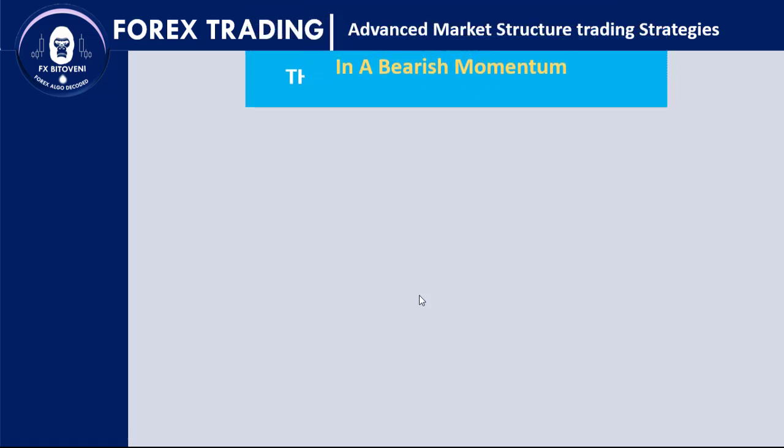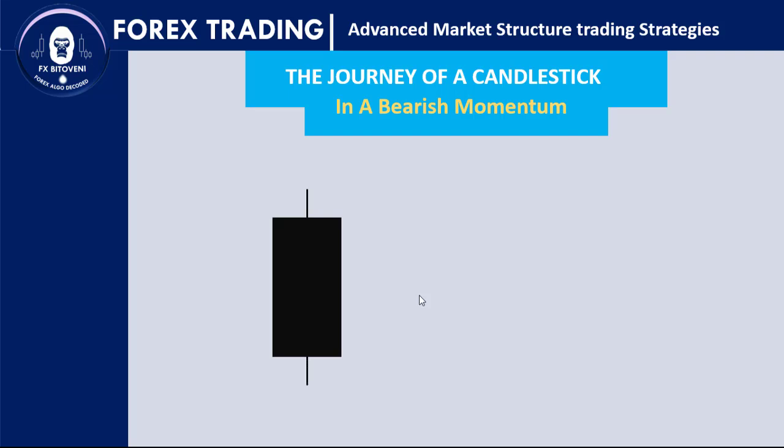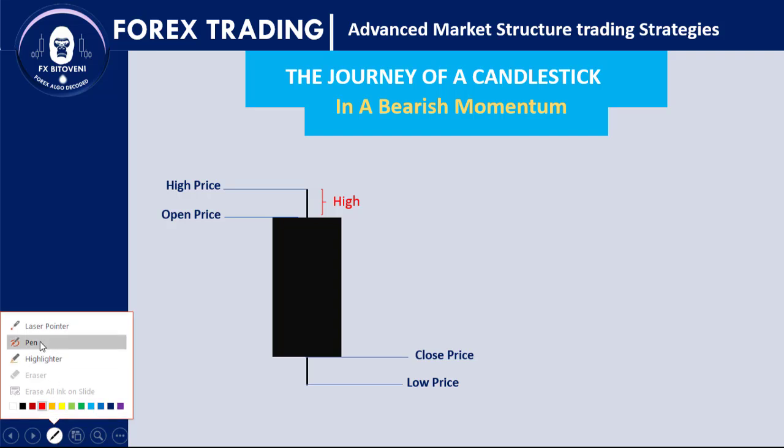Now let's talk about the journey of a candlestick in a bearish momentum. When the market is pushing lower, we say that we have a bearish momentum. From the open price, the bearish candle must cross below the open price. You know that when you start learning foreign exchange. We know that this is the open price. It creates the high, and this is the high of our bearish candlestick. And it goes down, it creates the low, and then pushes a bit higher and crosses there. That's what we call a close price, right? So the idea behind this is